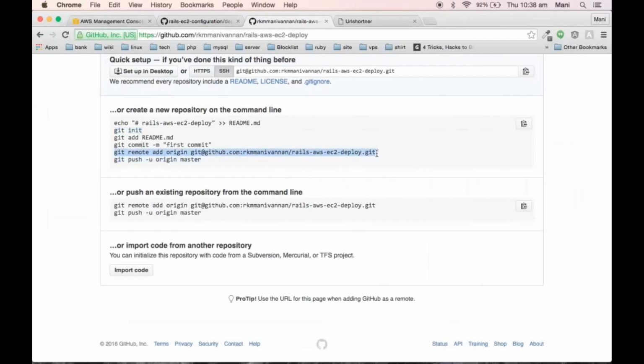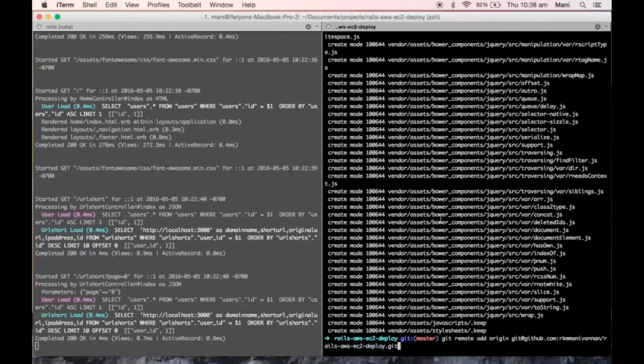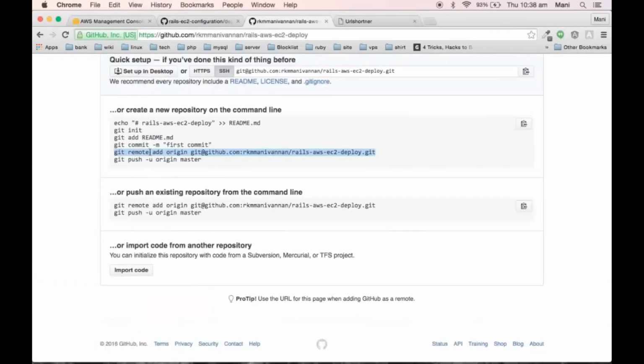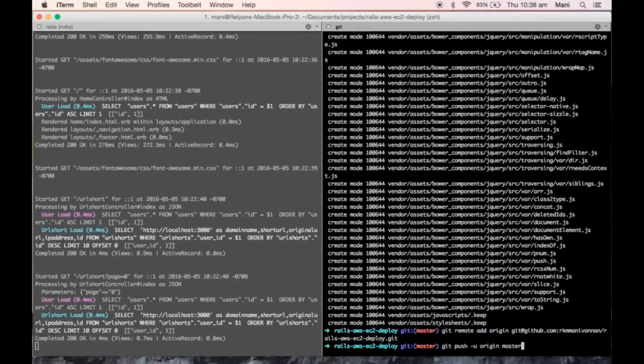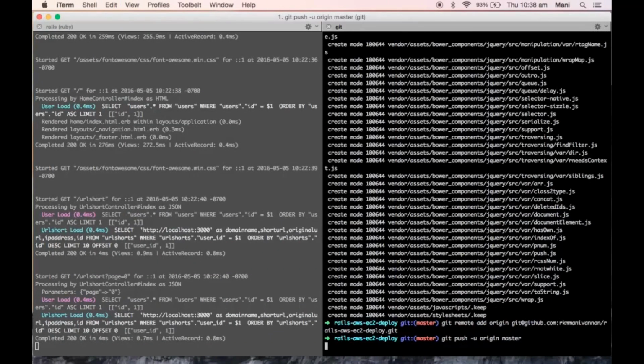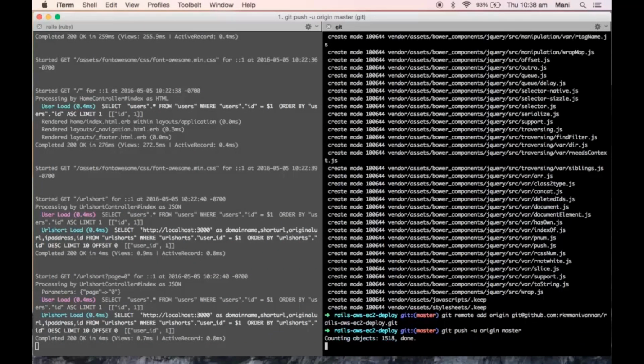Now all of our files are uploading into our repository.